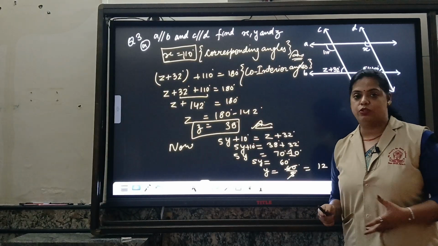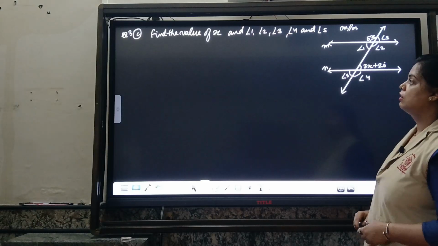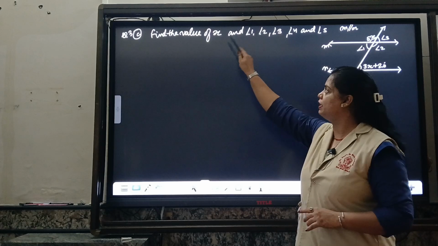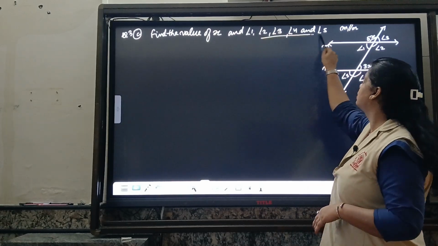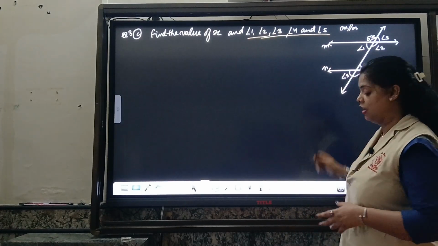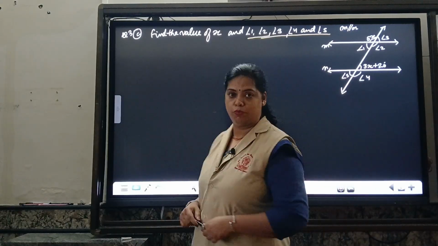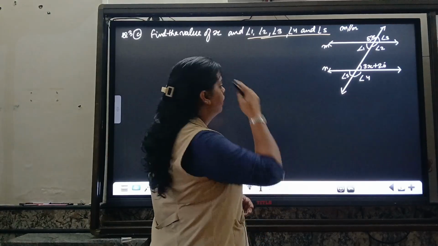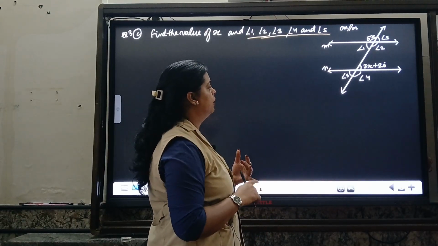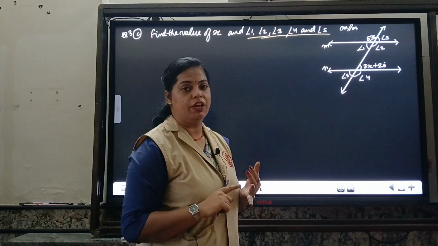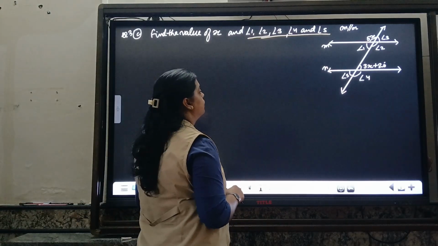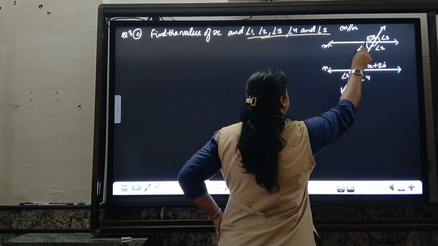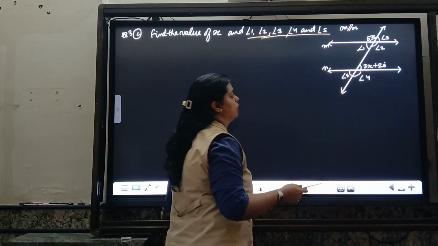Moving towards the next question, which is the C part of the same question, where we have to find the value of x and the remaining angles also, angle 1, 2, 3, 4, 5. This question usually comes in the exam as a 4 marks question, where we have to give the logic like in the previous question we are giving. So we have to find the value of angle 1, 2, 3, and first of all, before finding other angles, we have to find the value of x. So we have to find the relation between this x and this x. What is the relation between these two angles? We never know.